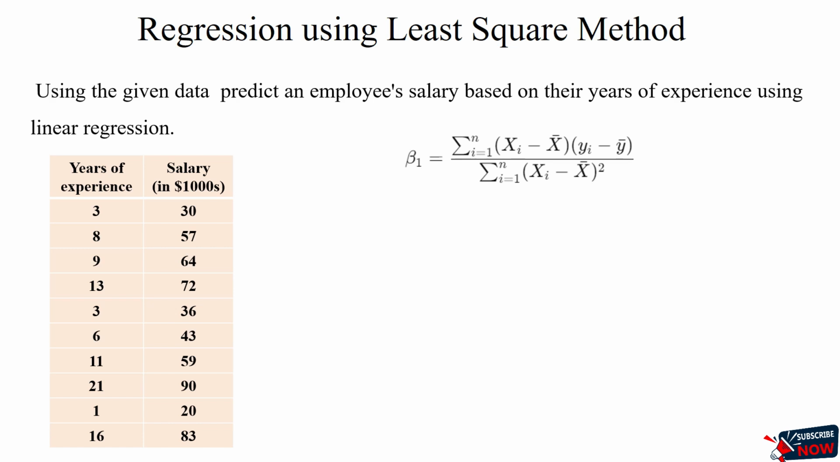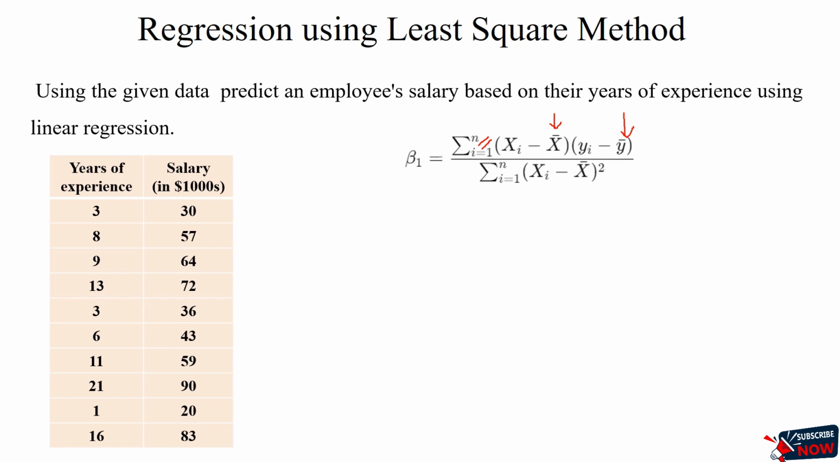Beta 1 is equal to summation of i ranging from 1 to n, (xi minus x bar) into (yi minus y bar), divided by the summation of i from 1 to n, (xi minus x bar) the whole squared. Here x bar represents the average of x values, that is the years of experience. Y bar represents the average of all the y values, that is the salary. And xi, yi represents the x and y data points. So if there are n data points, we'll have to include all the data points starting from x1, y1 to